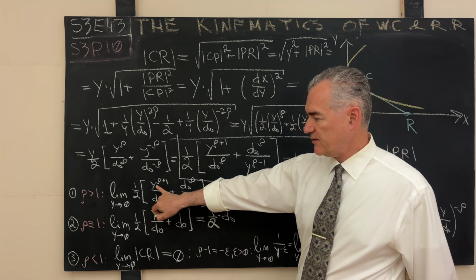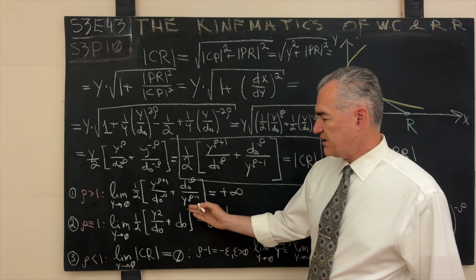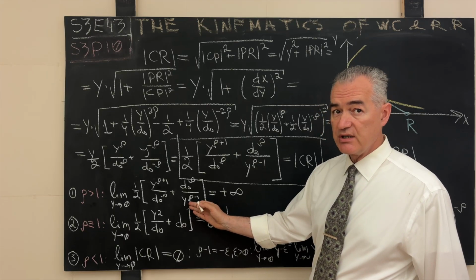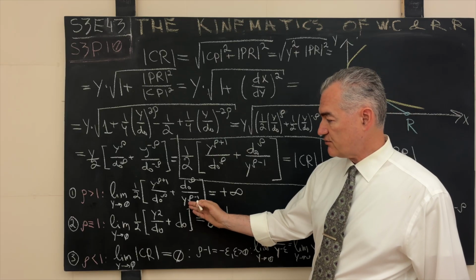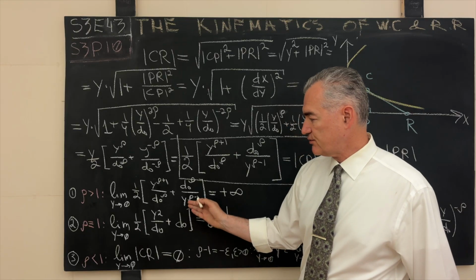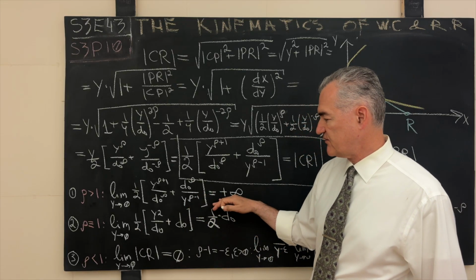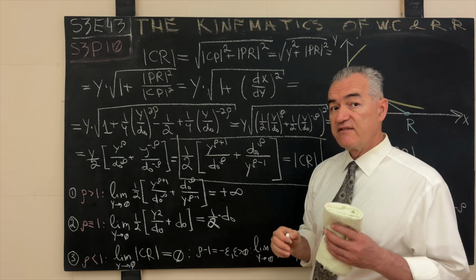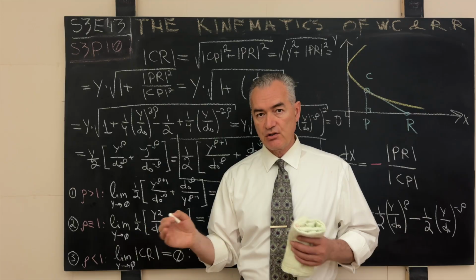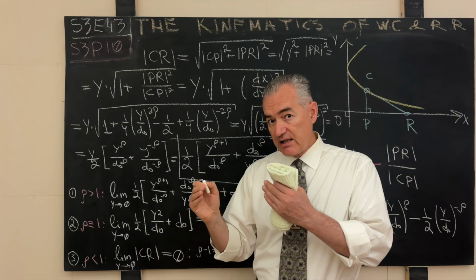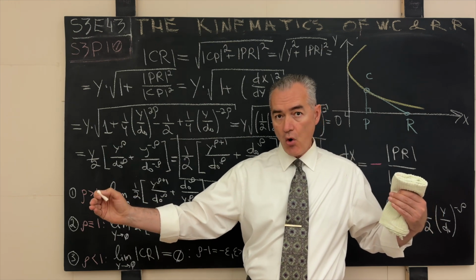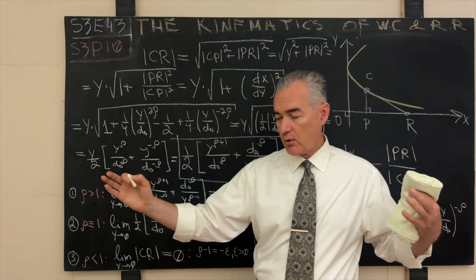In this case, look at this. This term disappears, vanishes, it becomes 0. But here we have still rho greater than 1, so the power into which the argument y is raised is strictly positive. So when y tends to 0, this tends to 0, 1 over 0 in the limit positive infinity. That means that when the velocity of the runner is higher than the velocity of the chaser, what happens to the distance in the limit? The distance grows without bound, and the chaser has no hope of catching up to the runner whatsoever.